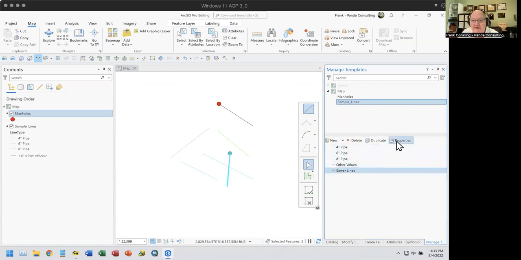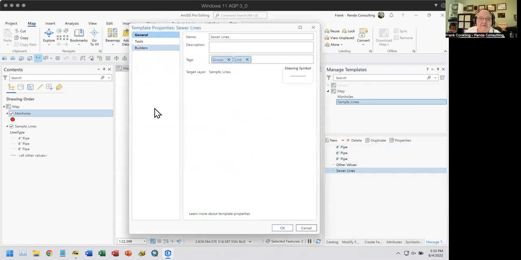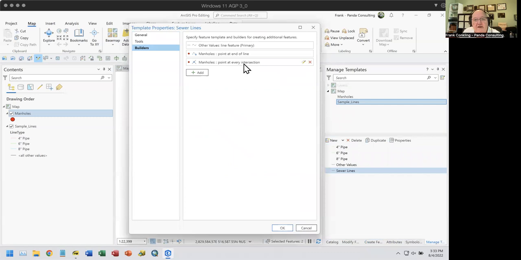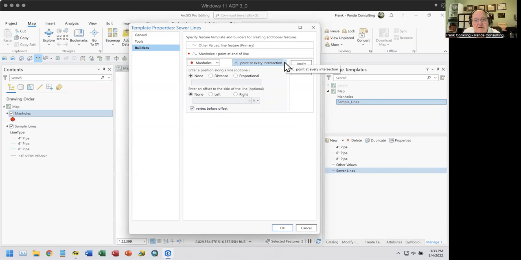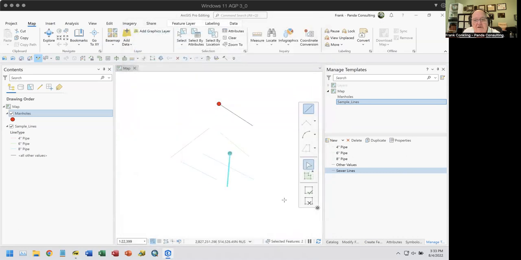Let's get in here again. Let's go to properties of the builders and edit this. Before an offset, none, intersect, position along the line, that there's an intersection. I wonder if that intersection has to be a planarized intersection. Let's go and see. If we do a planarized intersection, that's going to